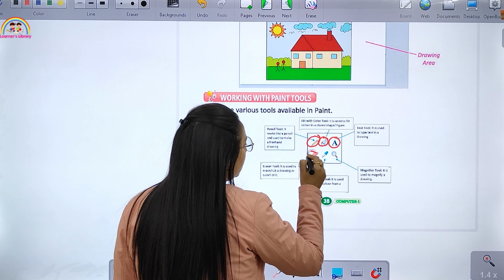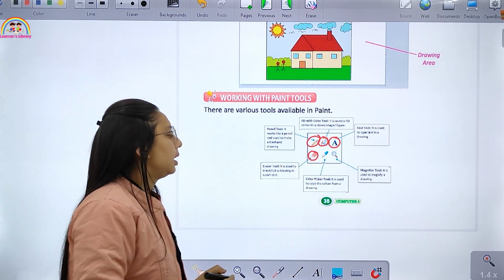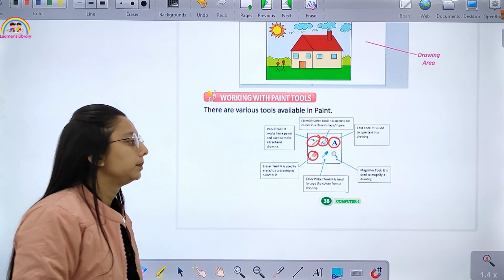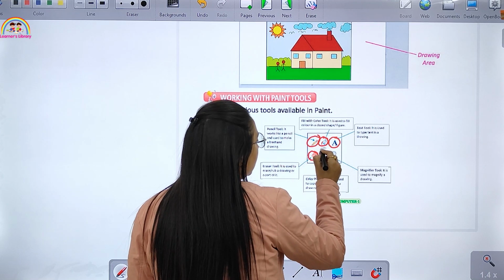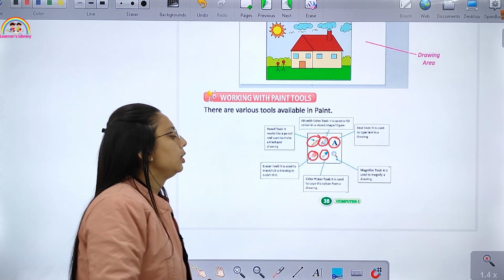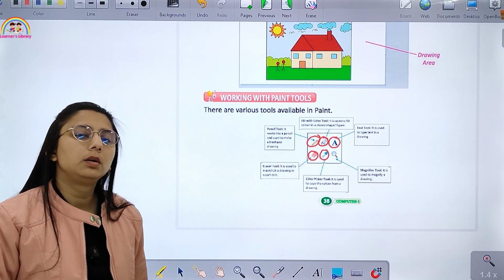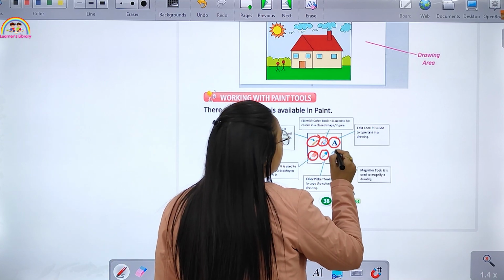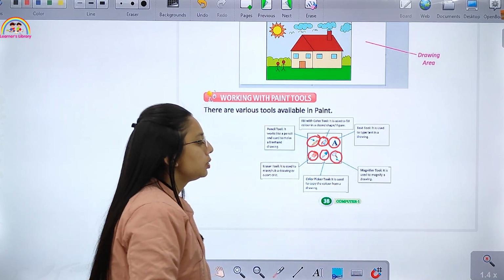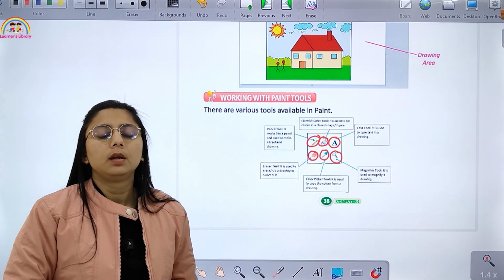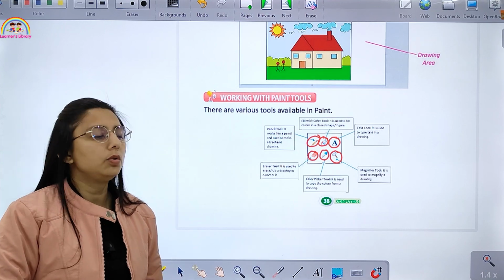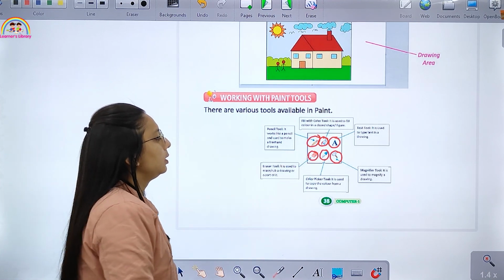This is the eraser tool. It is used to erase a drawing or a part of it. This is the color picker tool. By this, you can copy the color from a drawing. This is the magnifier tool, which is used to magnify a drawing.